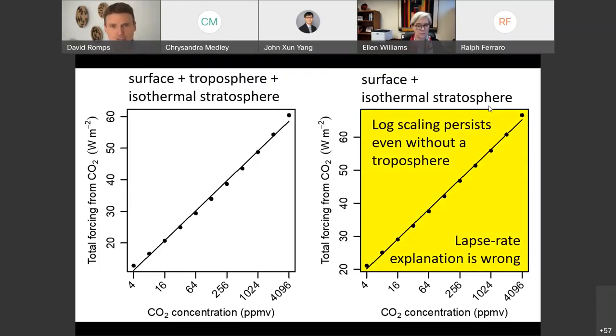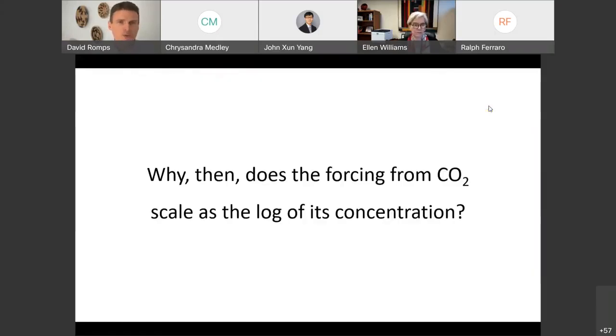Now, this is certainly a setback, and it feels like we're back to square one without having made any progress. But actually, we have made some progress because we've learned something about greenhouse gases, which is this notion of how emission pressures change for every doubling of concentration. That log of 2 divided by 2, that's still roughly right. But we did something wrong in the lapse rate explanation. So we didn't really think about the whole system. So why does the forcing from a doubling of concentration stay constant? We still need to answer that question. Well,